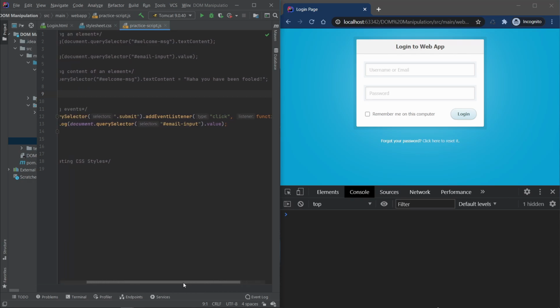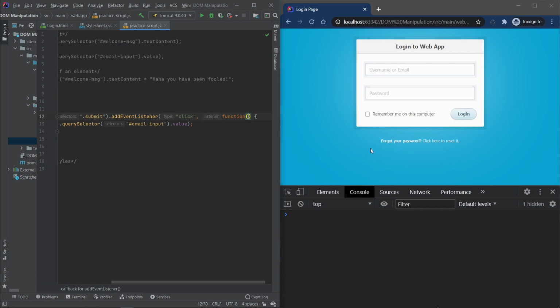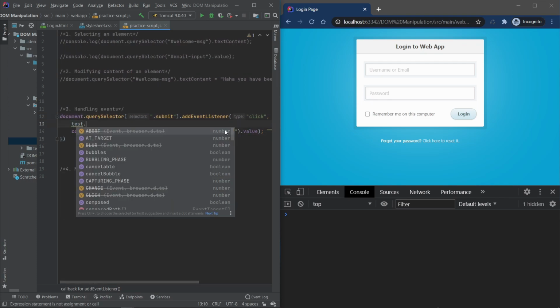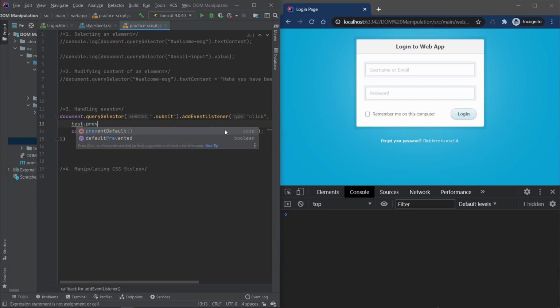So anyway, the way you can actually write this method is very simple. You have to pass a parameter to this function. You can name this parameter whatever you want. For example, let's just write test. And inside this function body, you have to write something like test.preventDefault. So what will happen is this test variable will invoke the method called prevent